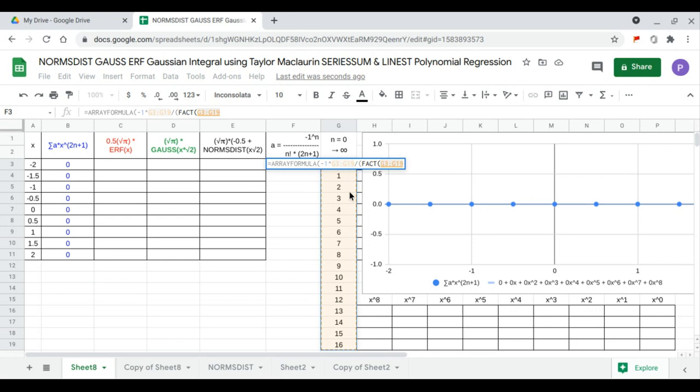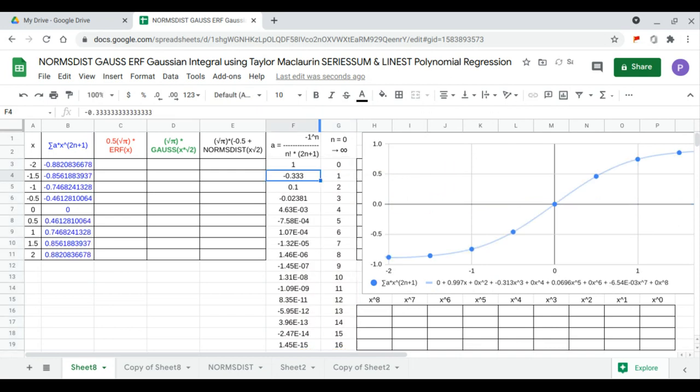The second part is 2n plus 1, so the quantity 2 times n plus 1. Enter. So here you have the trend line of the Gaussian integral and the polynomial of the Gaussian integral to the